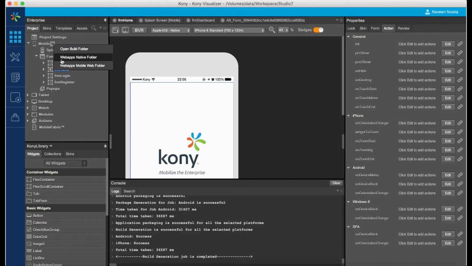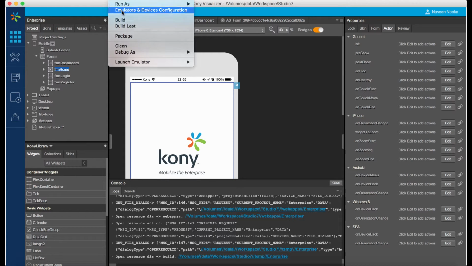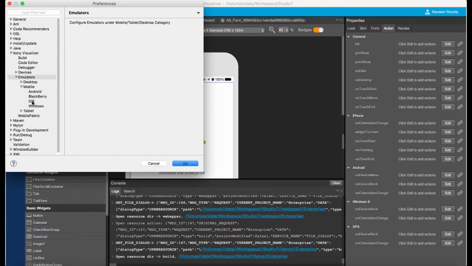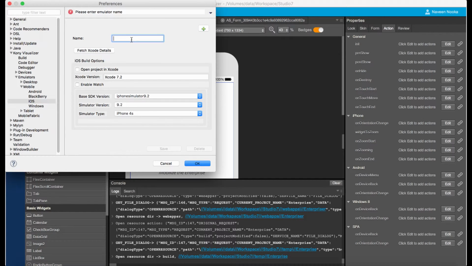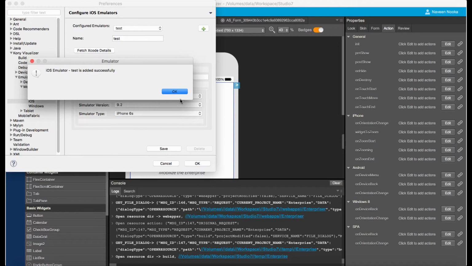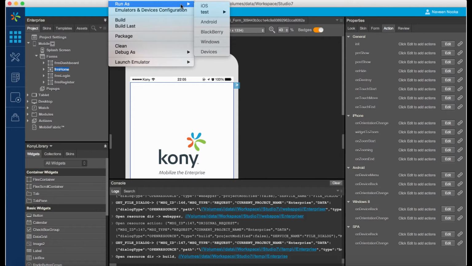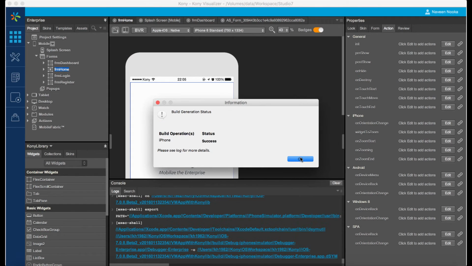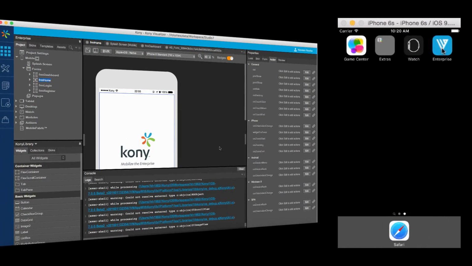Visualizer Enterprise Edition allows us to configure various emulators and test the application on those emulators. Let's define an iOS simulator. Now that it is defined, we can run the application in the simulator and test our functionality. There we go. The app is running on the emulator and the service output is also mapped to the dashboard